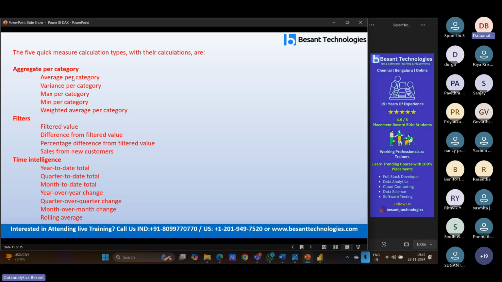We have aggregate per category, like average per category, variance per category, maximum per category, minimum per category, weighted average per category, filtered value, difference from filtered value, percentage difference from the filtered value, sales from new customers, time intelligence like year to date, quarter to date, month to date, year over year, quarter over quarter, month over month change, rolling average,